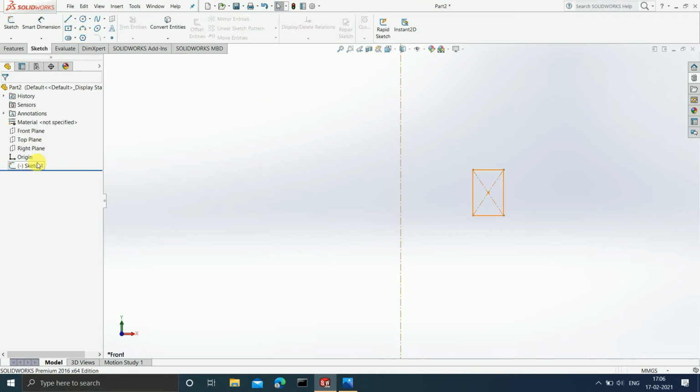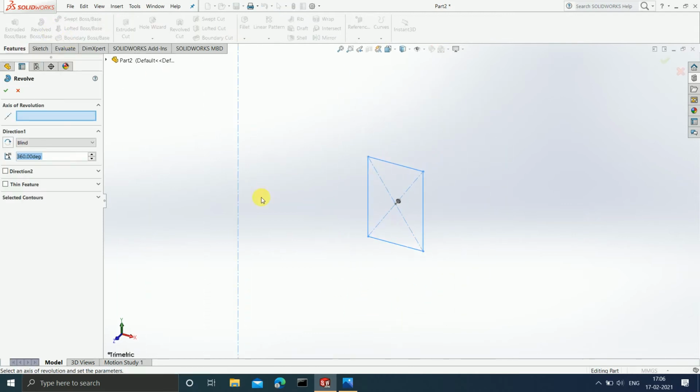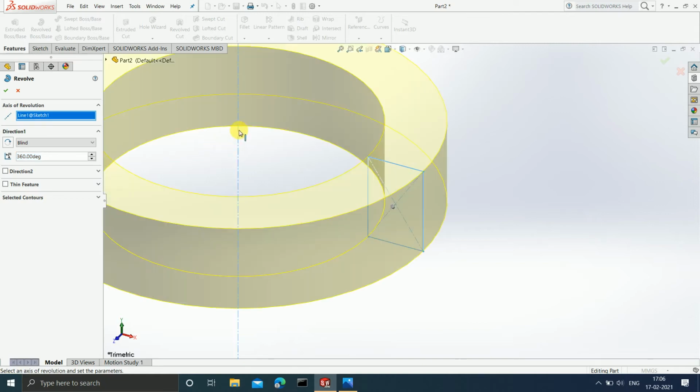Now I will select this sketch, go to features and click on the revolved boss base command. In this feature, it is first asking us what is the axis of rotation, about which particular axis do you want to revolve your sketch. Okay, so I'm going to select this particular axis.